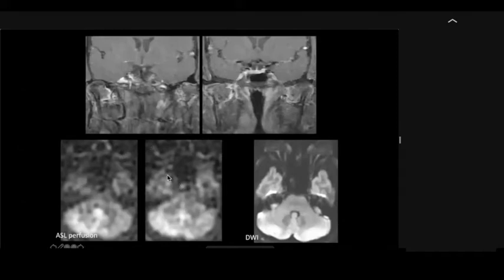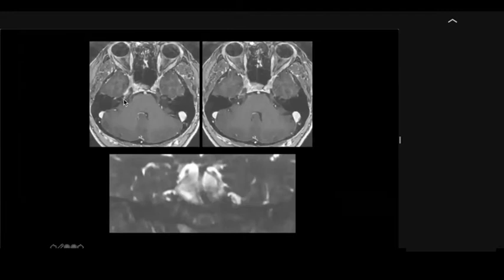ASL perfusion did not show any high signal to suggest high flow or hypervascularity, and diffusion-weighted imaging was also unremarkable, though there is quite a lot of distortion at the level of the skull base. Thinner section imaging showed extension of gadolinium enhancement along the greater superficial petrosal nerve to the level of the geniculate ganglion, and also involvement of the labyrinthine segment of the right facial nerve. Coronal high-resolution T2 weighted imaging showed thickening of the individual divisions of the trigeminal nerve as compared with the contralateral